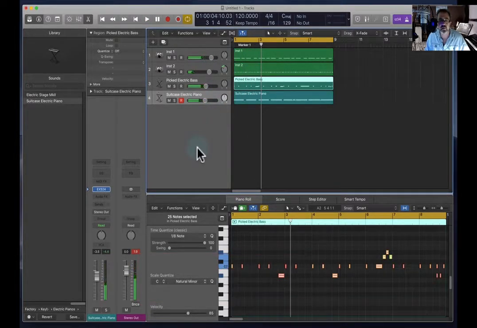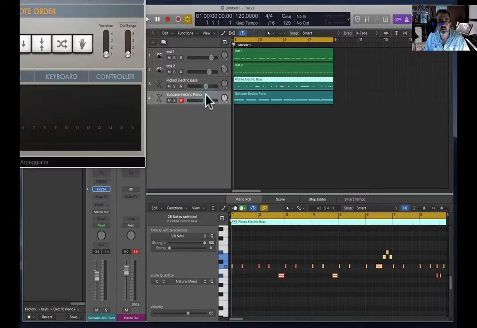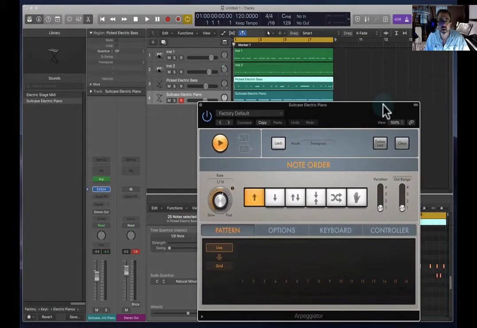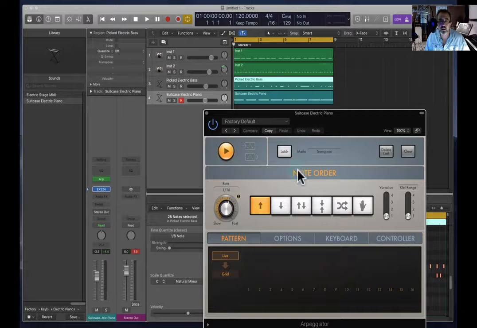Now that's not very exciting still, so I'm going to add a little bit more juice to this piano part. And this is where MIDI effects come in. I'm going to use what's called an arpeggiator. And this window opens up, and it's going to make what I've played here like